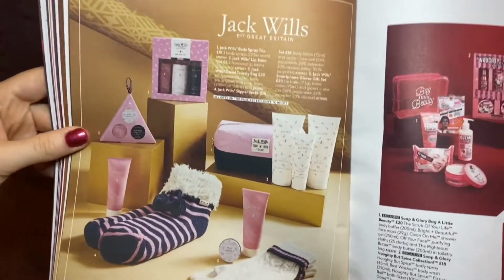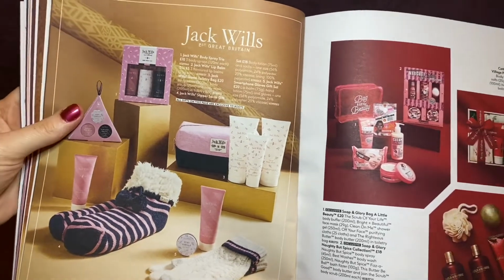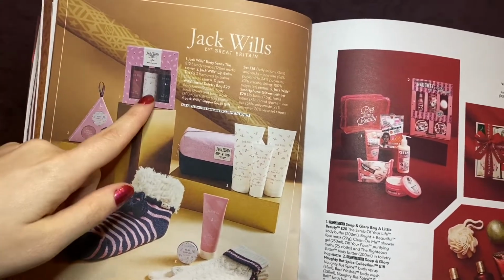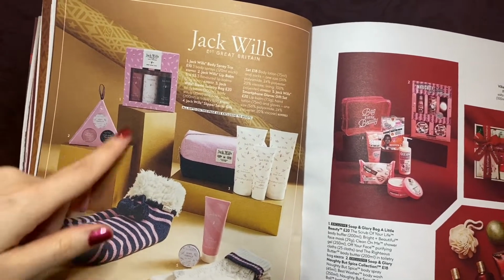Then some Jack Wills sets. This is kind of like Ted Baker. I'm aware of their clothes, but I didn't know they had stuff like this. First we have the Body Spray Trio, which is £10, a Lip Balm Trio, which is £5, really cute stocking filler,